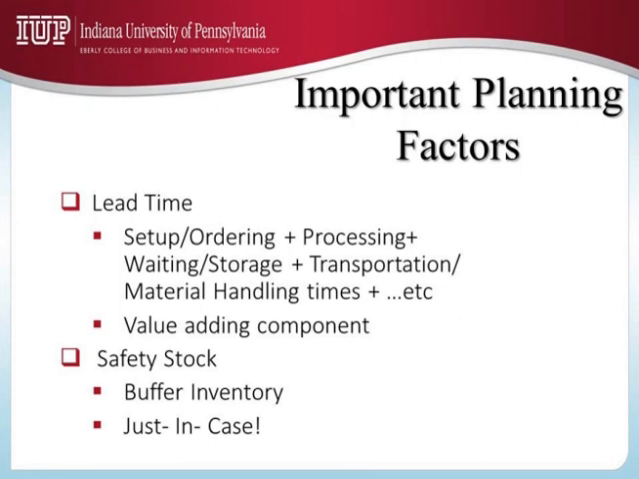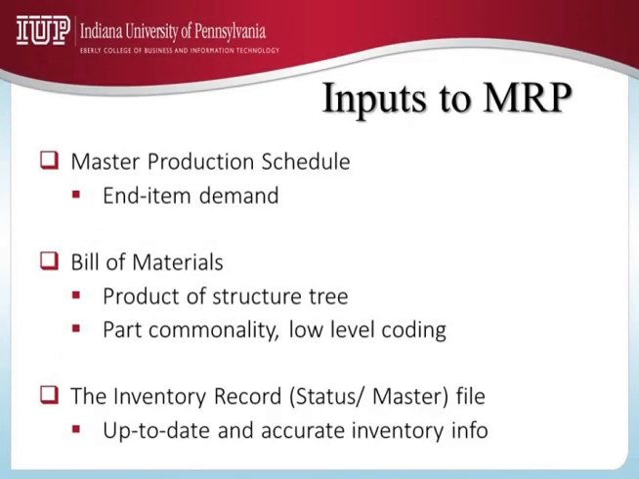So in essence, you have the three planning factors: lot size, lead time, safety stock, and the three inputs: the driver of MRP, the MPS, the bill of materials, which tells you what the end item is made up of, and the inventory master file or status file or record file, which gives us how much of inventory we have of every